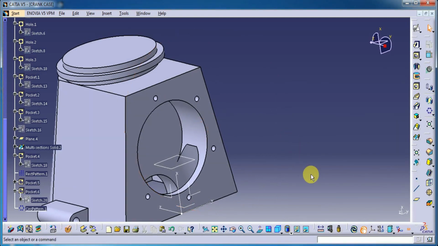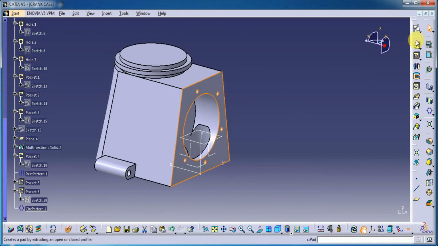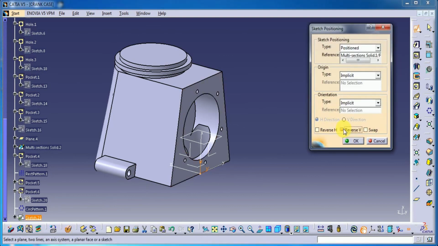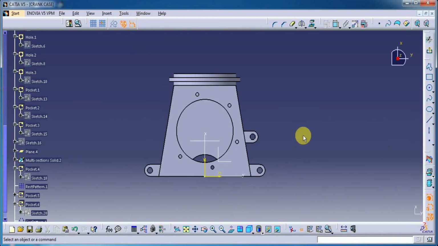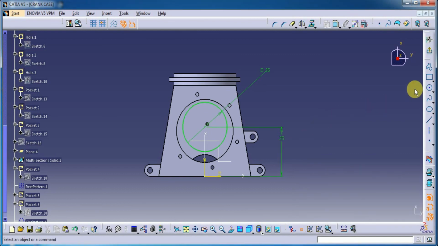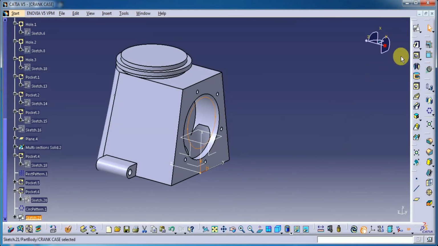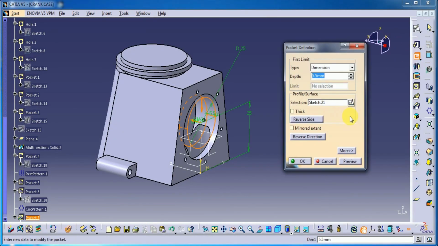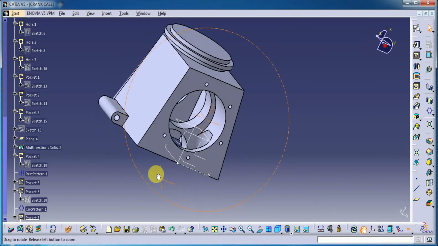Okay. So again, one more hole required here. Select this plane and draw a circle with the diameter 25 mm. Okay, let's project this hole with 25. Right, let's give its depth as 48 mm. Right,